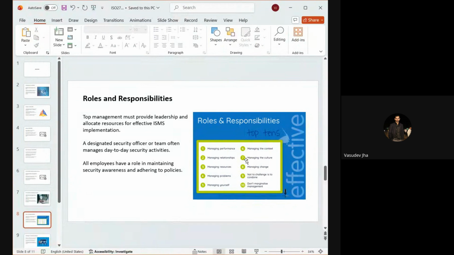Now, what are the roles and responsibilities here? Top management must provide leadership and allocate the resources for effective ISMS implementation, and a designated security officer or team often manages day-to-day security activity, and all employees have a role in maintaining security awareness and adhering to policy. Okay,